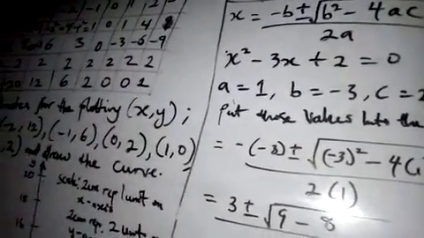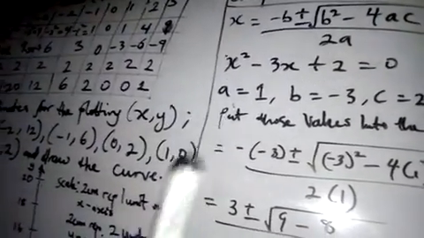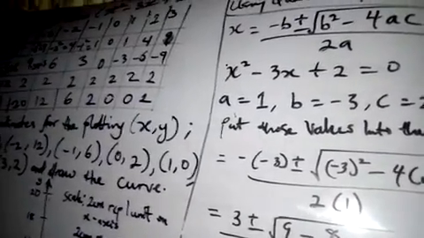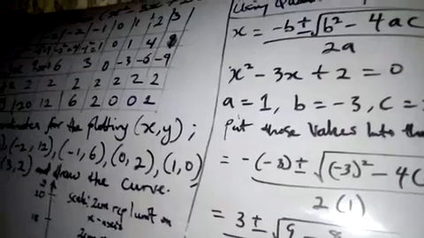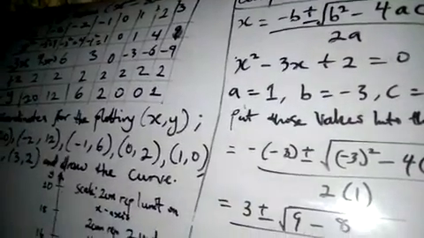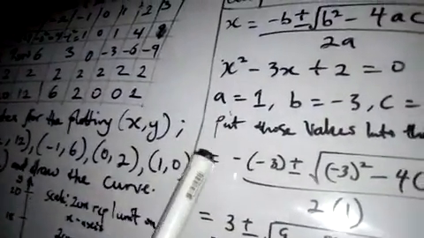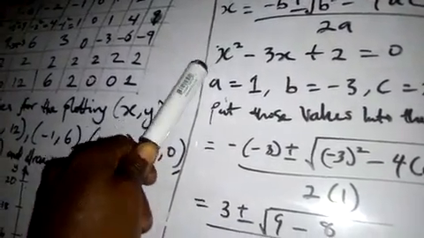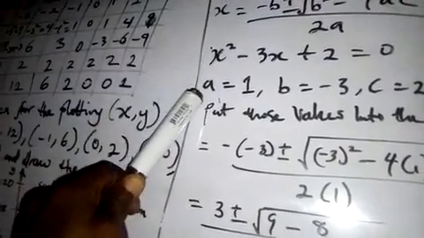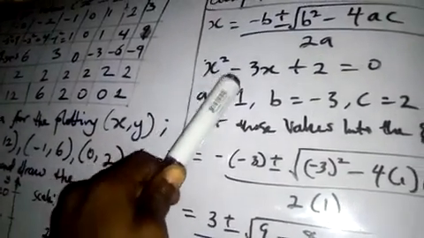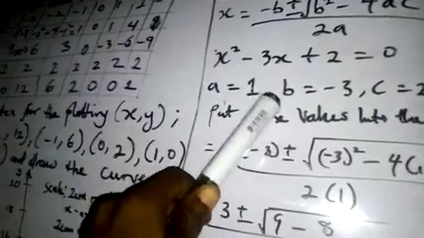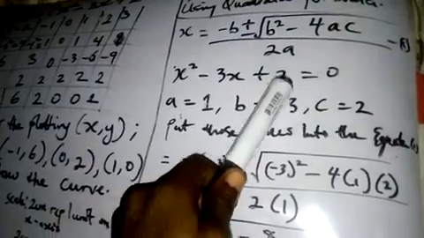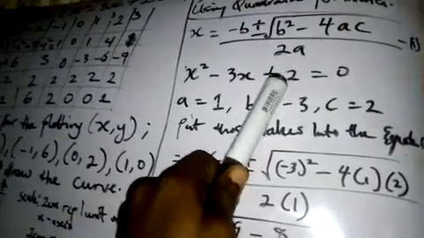Now, how do we get the values? You can see from that formula we have b, we have a, and we have c. So how do we get those values of a, b, c from the equation given to us? Now see, this equation is x squared. The coefficient of x squared is 1, which makes our a equal to 1. The coefficient of x is minus 3, which makes our b equal to minus 3. The constant, which is c, is